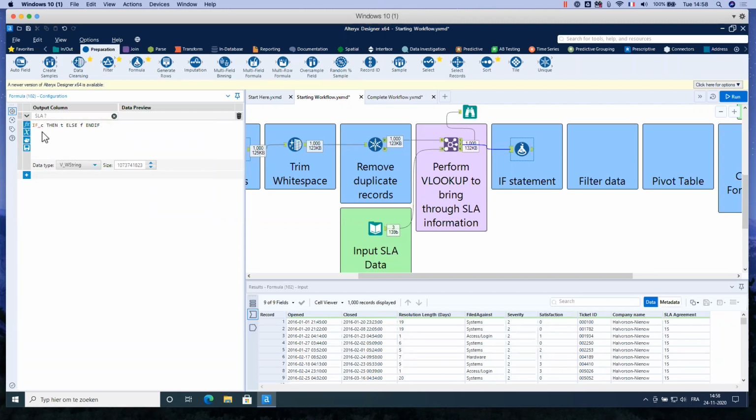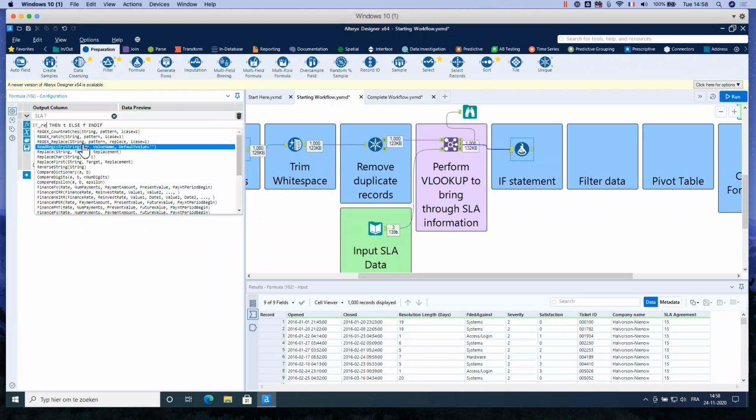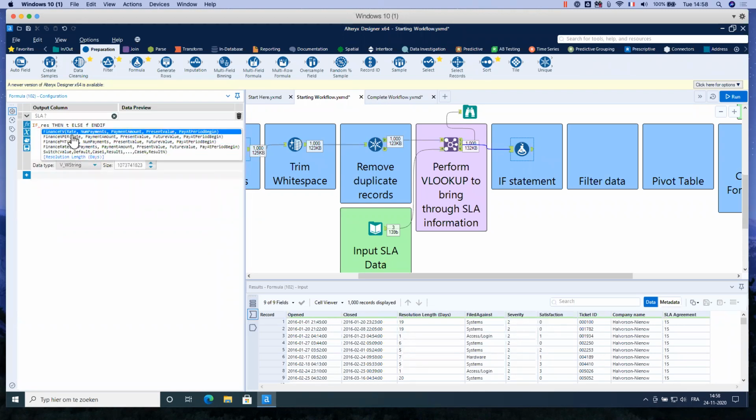I need to replace the C with my field. So it will be if my resolution type. I type the first letters of this field, and then in blue, I see it appears here. So I select it. So if resolution days is higher or equal than the SLA agreement,